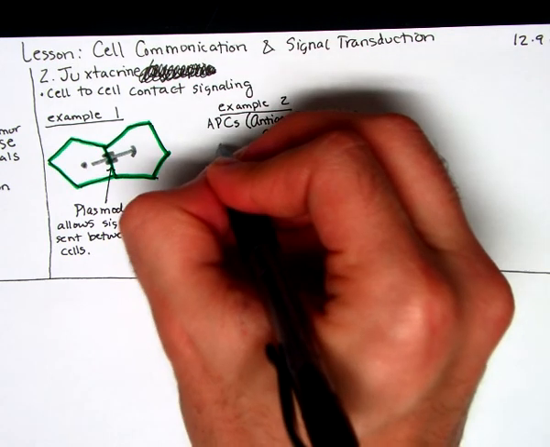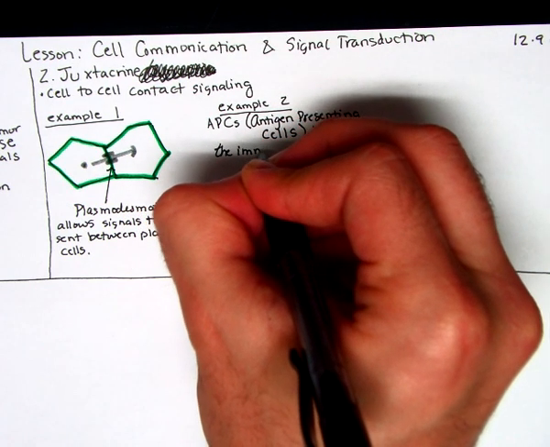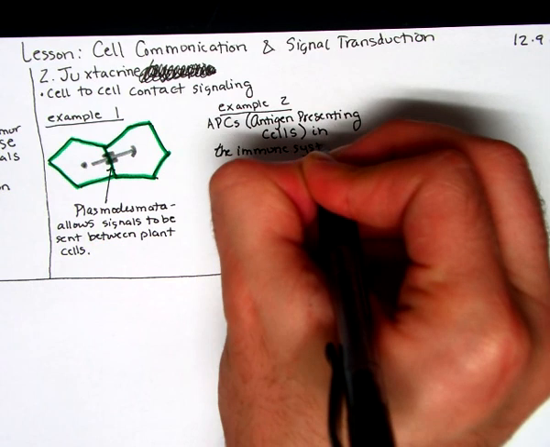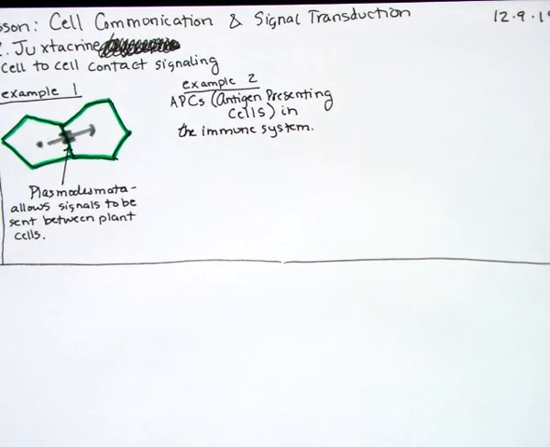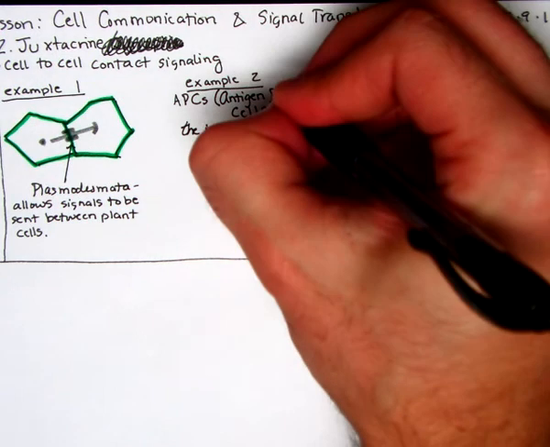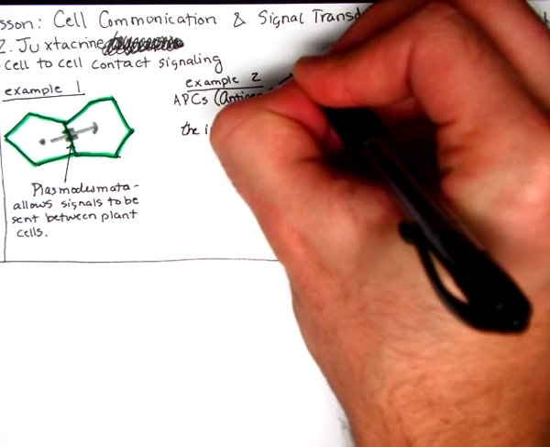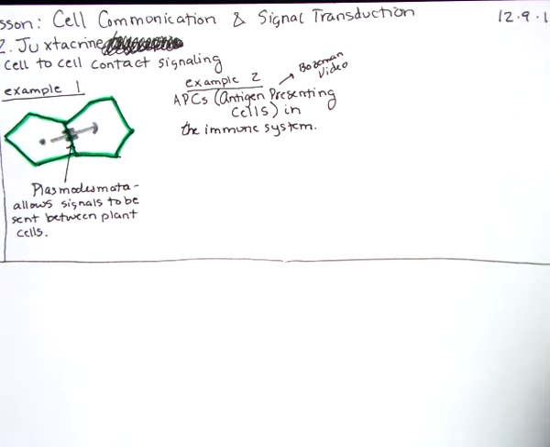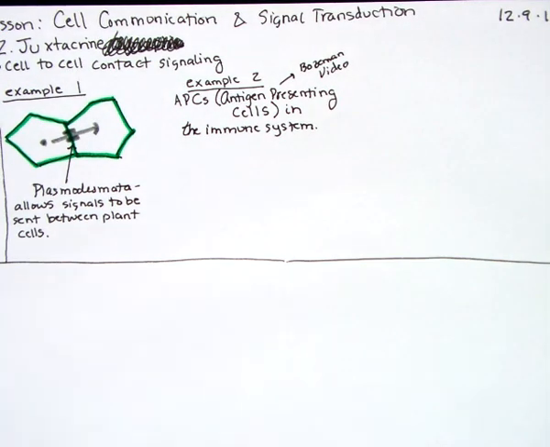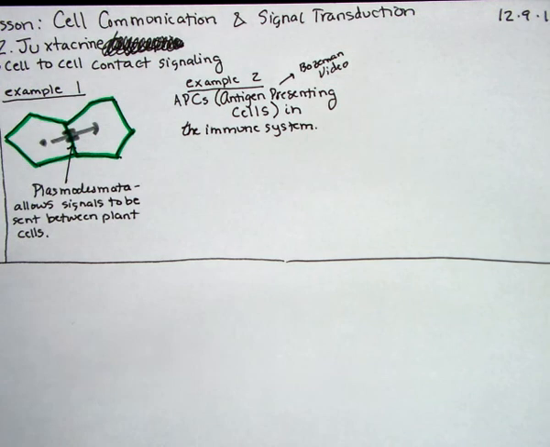And this is in the context of the immune system. So what happens here, and you can go back, I'll make a little note here, look at the Bozeman video. But what happens here is that you have cells within your body whose job it is to defend against foreign infection or antigens. And so what you typically have will be